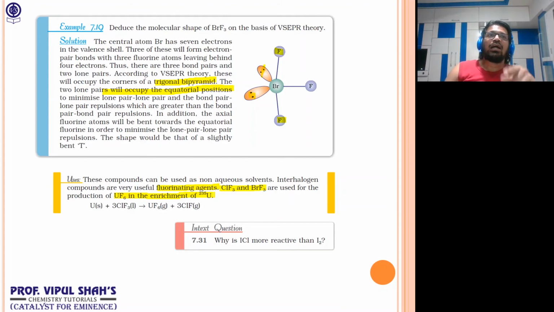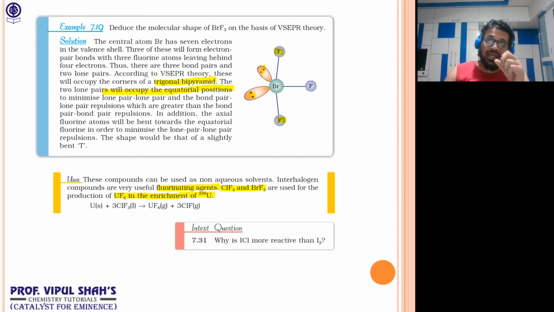Among interhalogen compounds, ICl, iodine monochloride, is used for the estimation of iodine number. We'll be doing this in biomolecules. ICl is used in the estimation of the iodine number of oils and fats, mainly to detect the presence of unsaturation. That is one. And the second one you can write there: